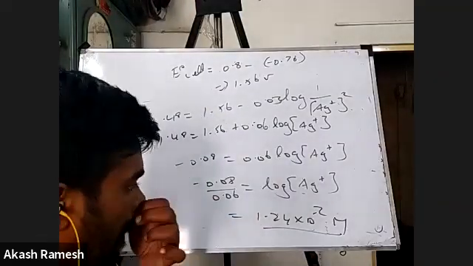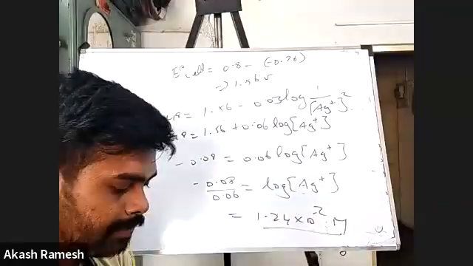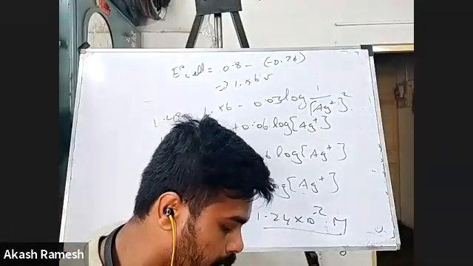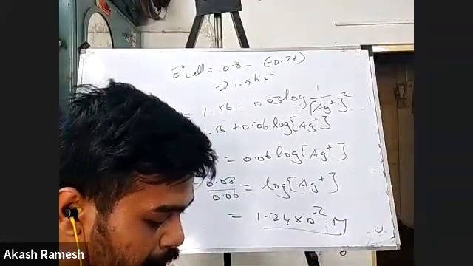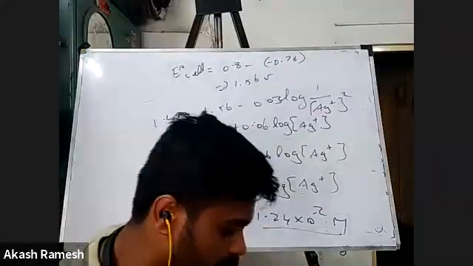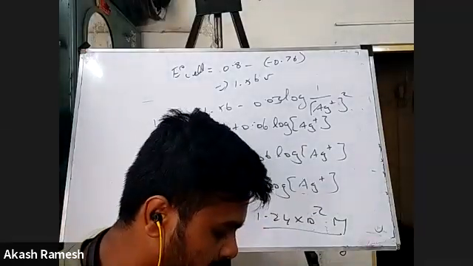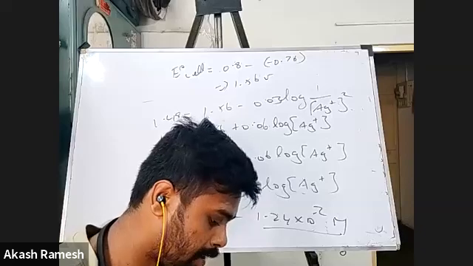So hope you've taken this down. Okay, I think this is going to be the last question for the day. And it's a good question. Okay, so take down. How long a current of 3 amperes has to be passed through a solution of silver nitrate to coat a metal surface